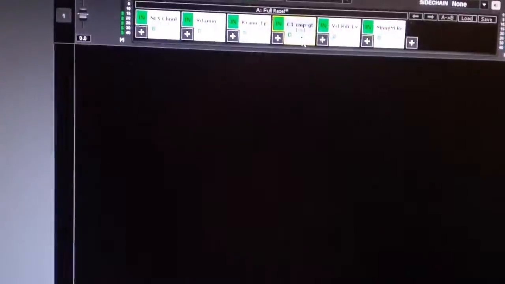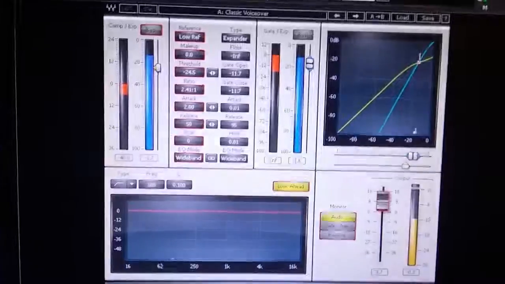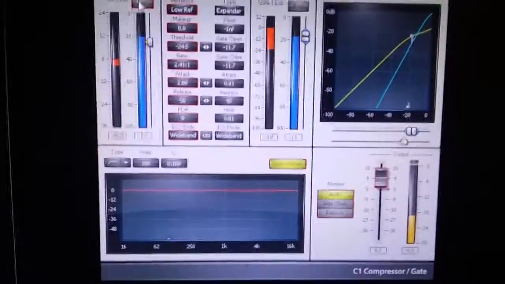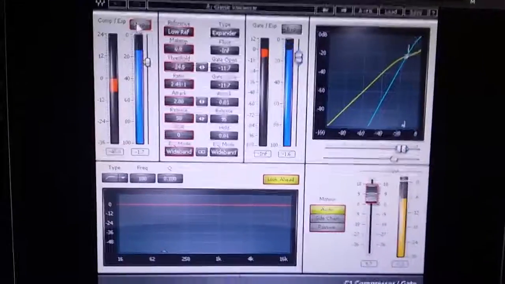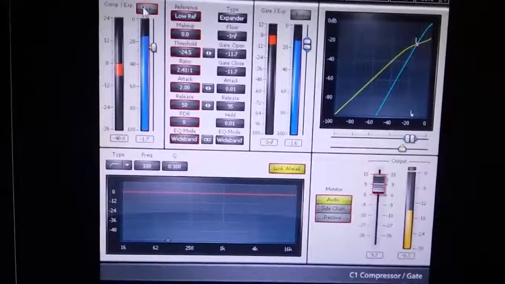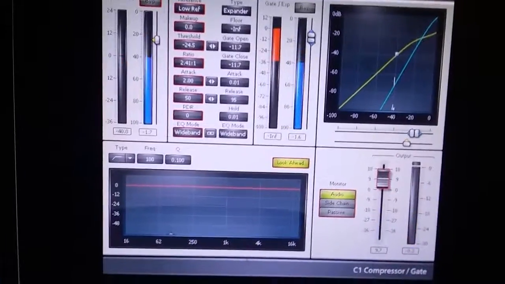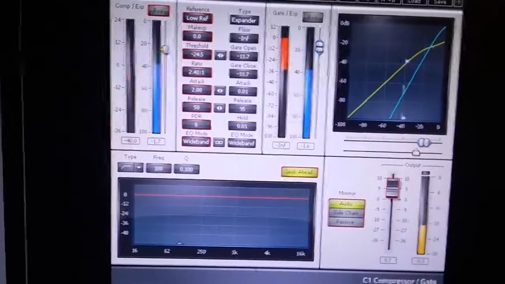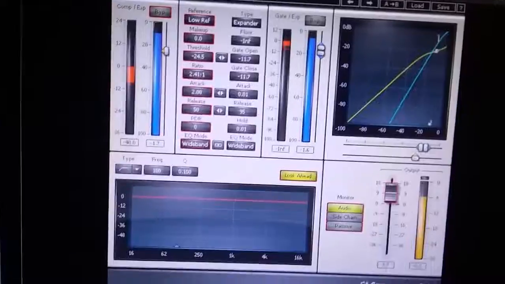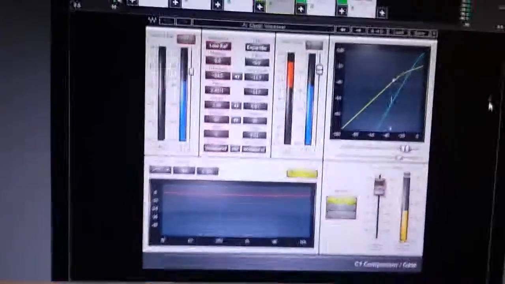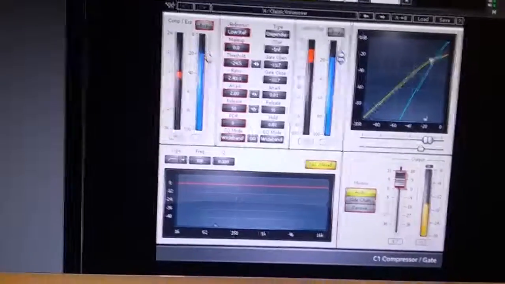Next I'm using the compressor with a gate in it. It ain't real fancy looking, but it does a lot and does a good job at it. You see that red bar? That's it compressing. If the red bar wasn't moving, you wasn't compressing. Okay, then the next one